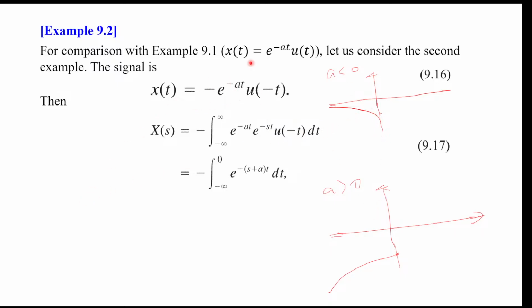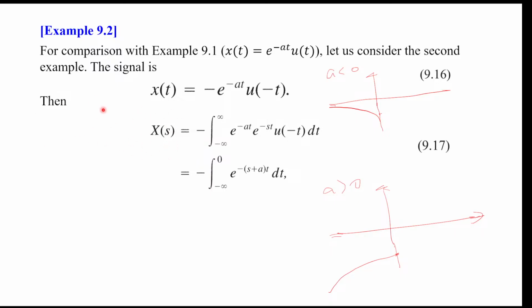And then this e to the minus at part has a different form depending on whether a is less than 0 or greater than 0. If a is less than 0, it looks kind of like this. It's decaying to minus infinity. And if a is greater than 0, it is exponentially growing to minus infinity. Okay. So this is a weird exponential function on negative t,